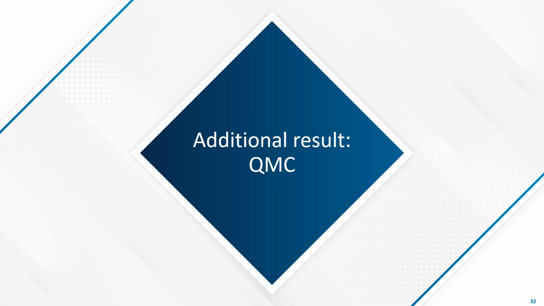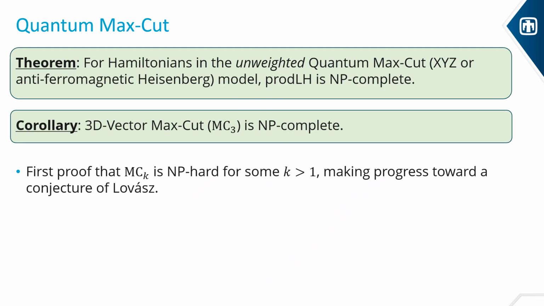Finally, I want to mention a result we show for quantum max cut. So for Hamiltonians in the unweighted quantum max cut model, we show that the product state problem is NP complete. This is distinguished from our main result because here we specifically show that in the unweighted model, the problem remains hard. We do not require using negative weights to